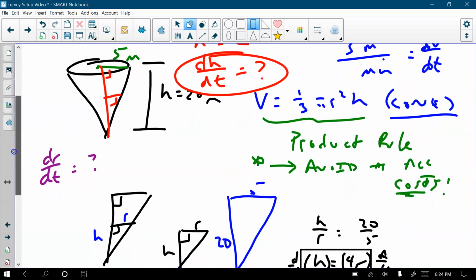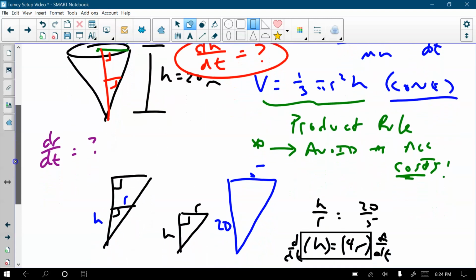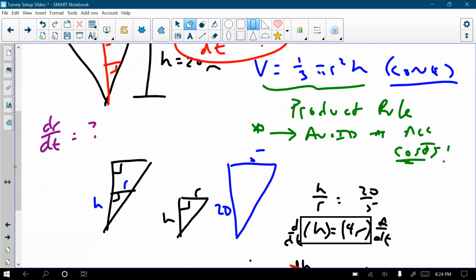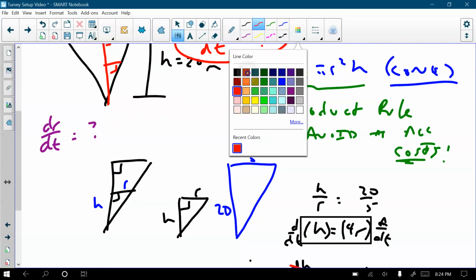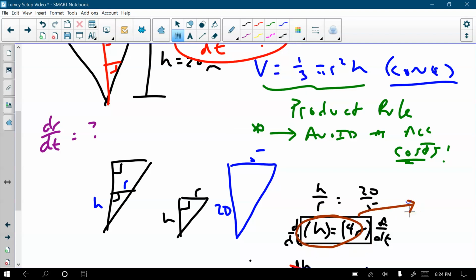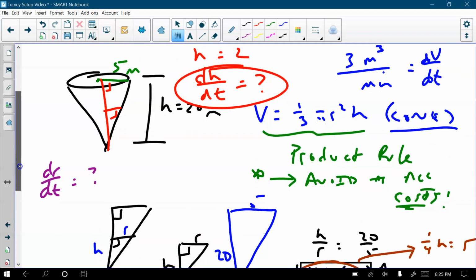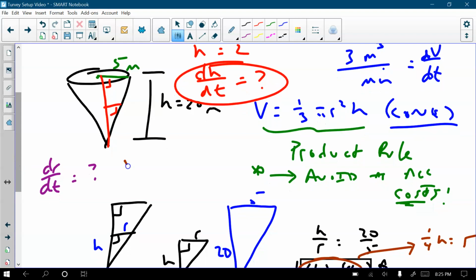Now, I have h equals 4r, but I want dH/dt, so actually I really want 1/4 h equals r. So let me change this here. I'm going to take this statement and say 1/4 h equals r, because I want my volume in terms of h, not r. Okay, so now I have no room to write. Volume equals 1/3 pi r squared times h, where r is 1/4 h. Well, if I simplify that, I get 1/16 times 3, which is 1/48 pi,